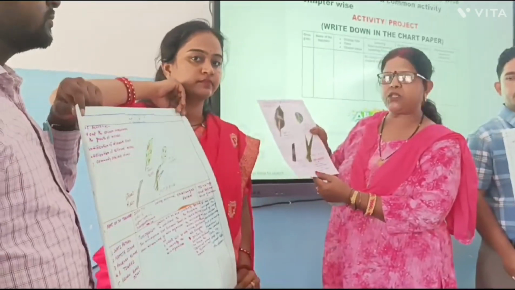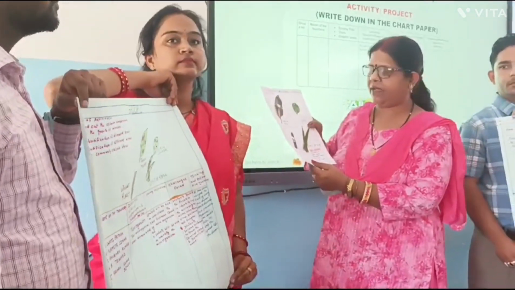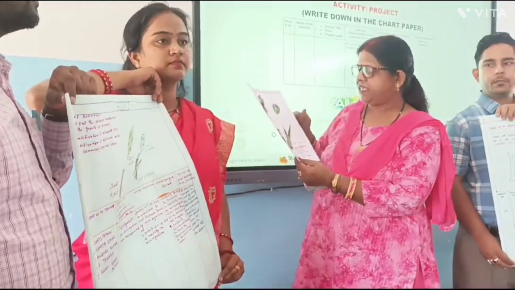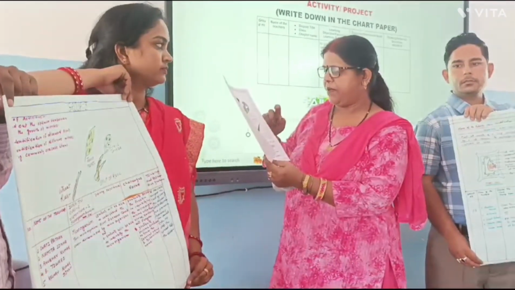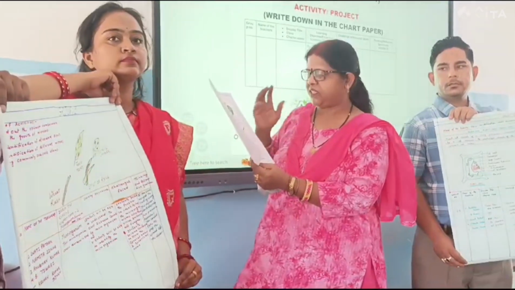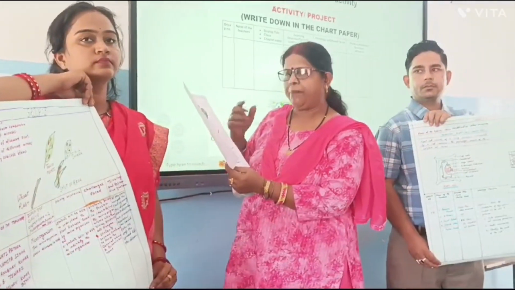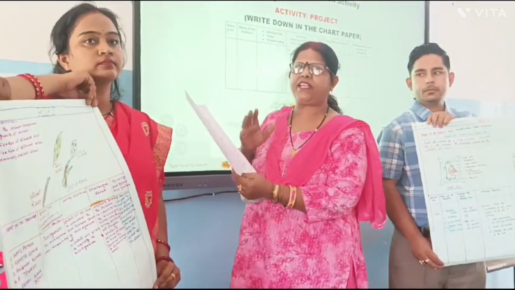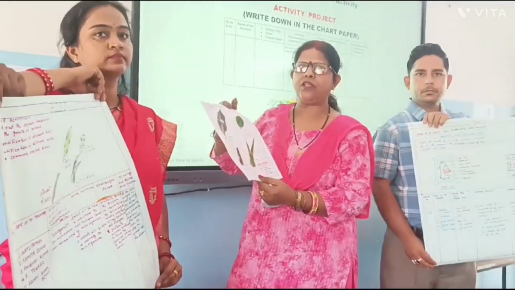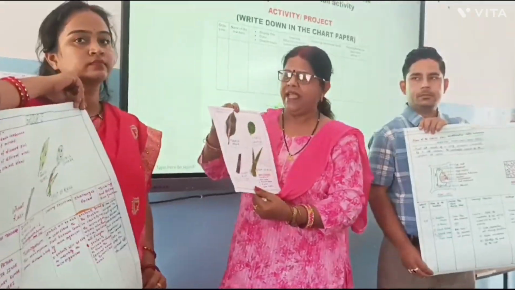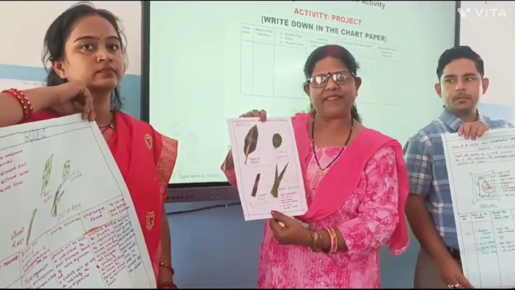And another is smut of rice. It is also caused by a fungus. In this disease, small balls form in the grains that become greenish black, and then rust, and wheat and other plants also get affected. This is all for microorganisms that cause disease in plants, and it is only symbolic, ma'am. Thank you.